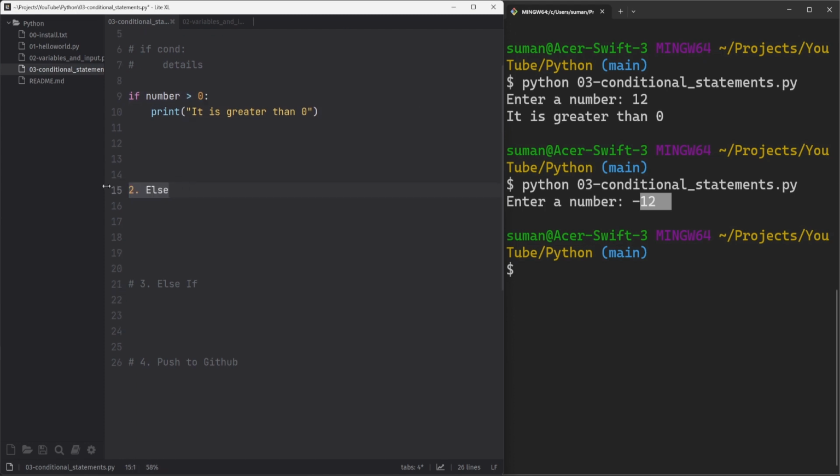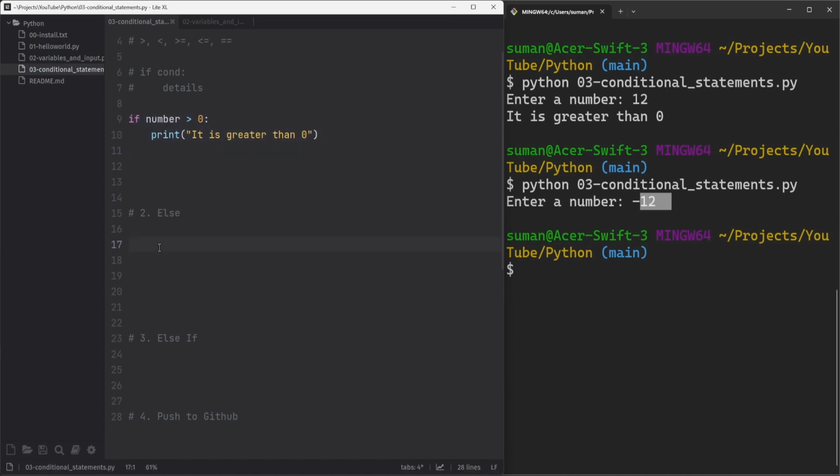So what the else clause does is, it says if this is not true, what should I do? Then you can put else. So how this works is, you can write like this: if num, so now this if clause is here. Now we want the else clause to be coming here. So what we can do, let's write this one more time: if number is greater than 0, print greater than 0. Okay, or else